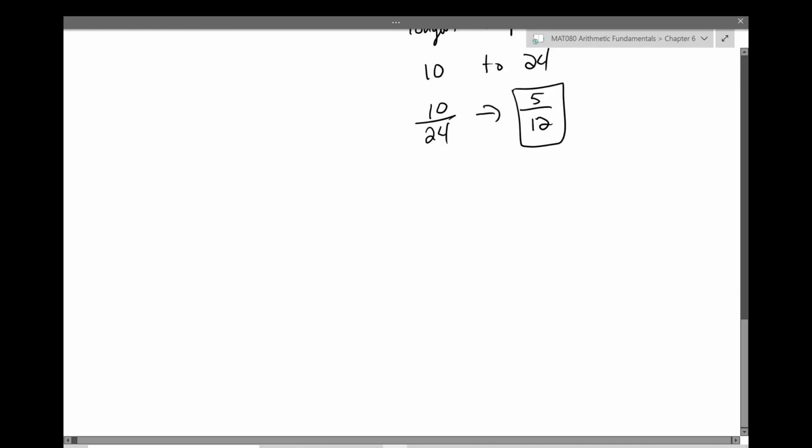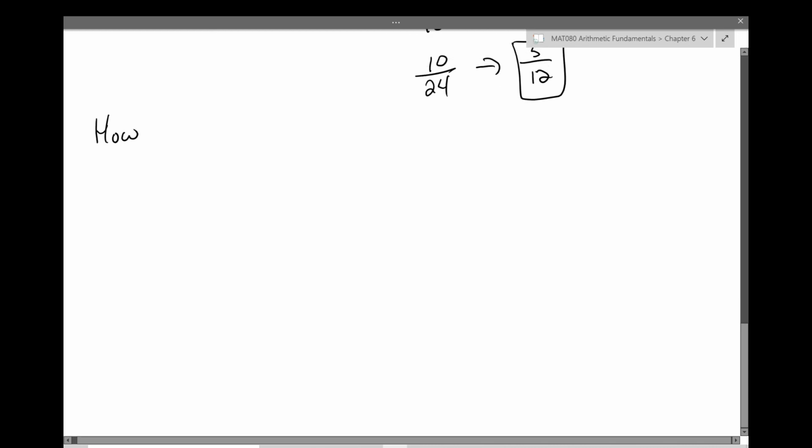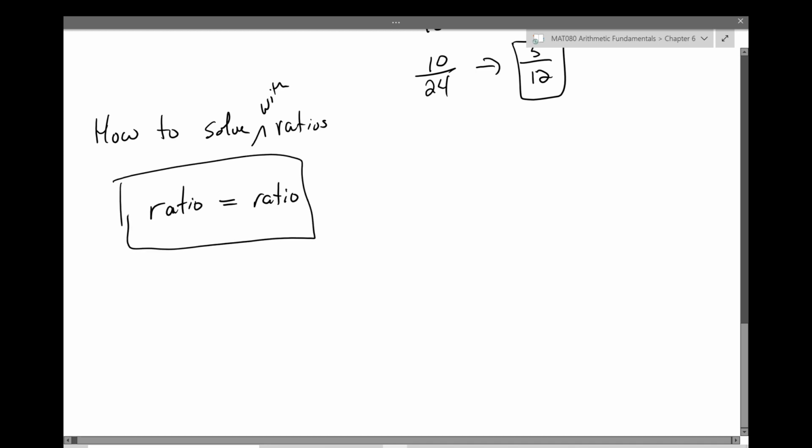So now we're going to transition into how to solve ratios. Now, when we have two ratios, a ratio equal to a ratio, so I've got the word "with" here, how to solve with ratios. When we have a ratio equal to a ratio, these two things together form what we call a proportion. Another way to say this is a fraction equal to another fraction